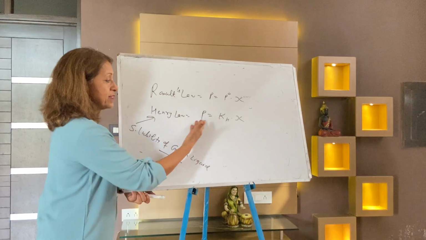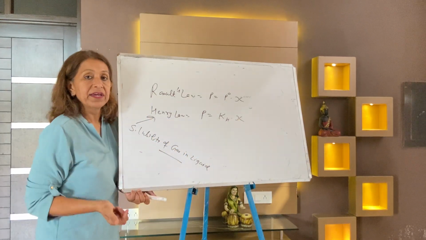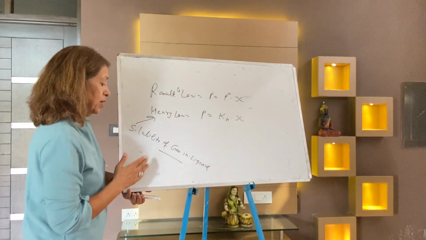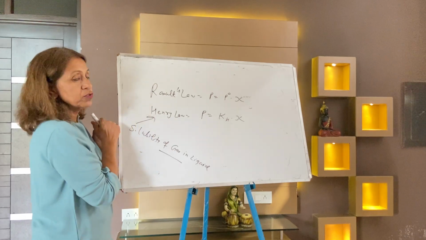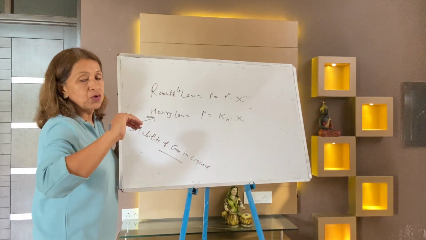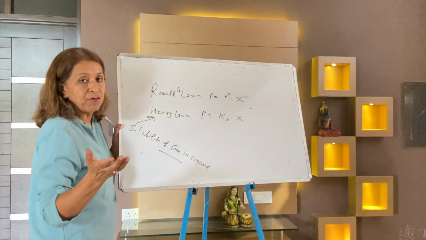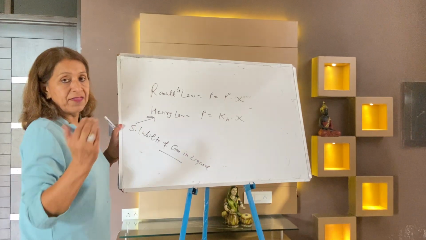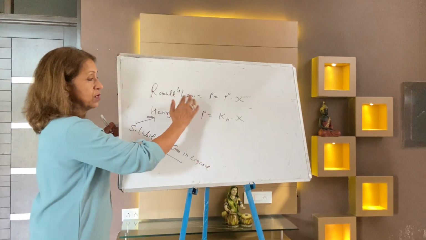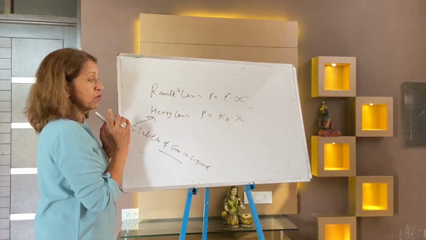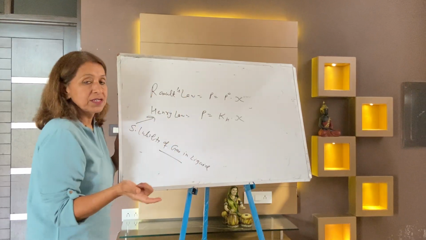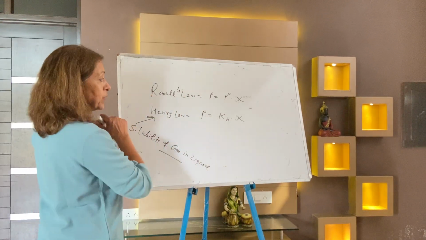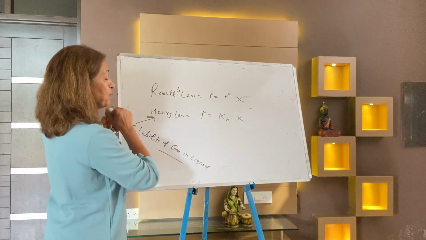And this Henry's law formula, we will take again in MCQs during solving. So Raoult's law is applicable when your components A and B are volatile, or one is volatile and the other is non-volatile. It's for liquids, solute and solvent. One is volatile, other is non-volatile, or both are volatile. So this is your Raoult's law.